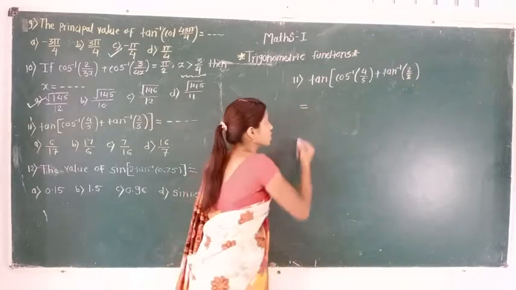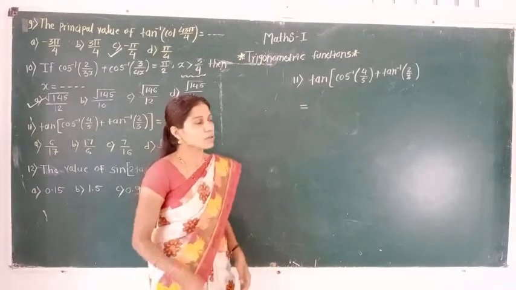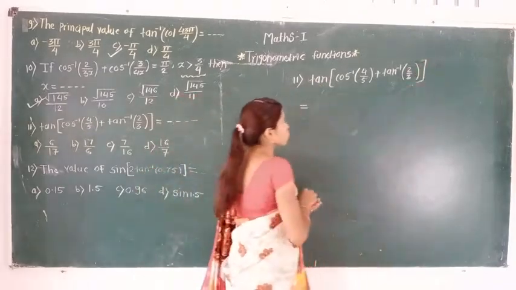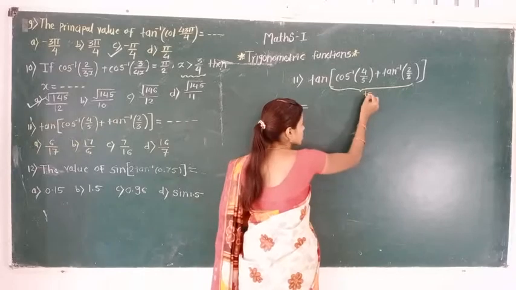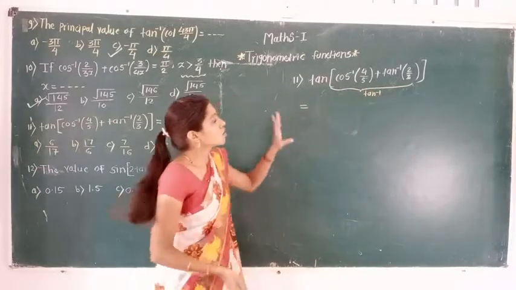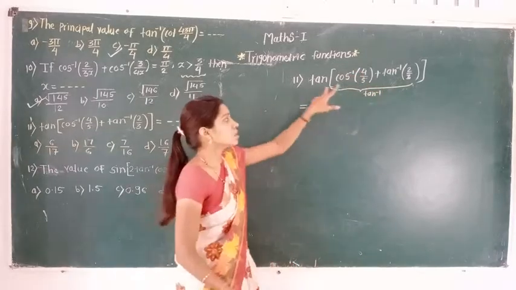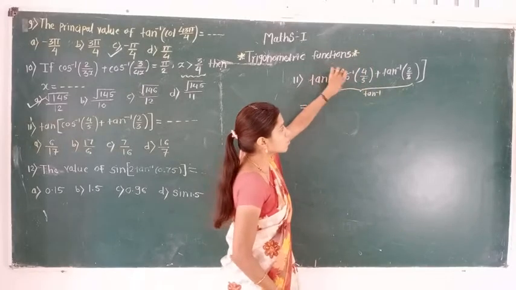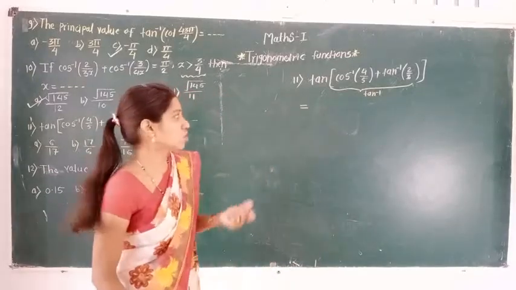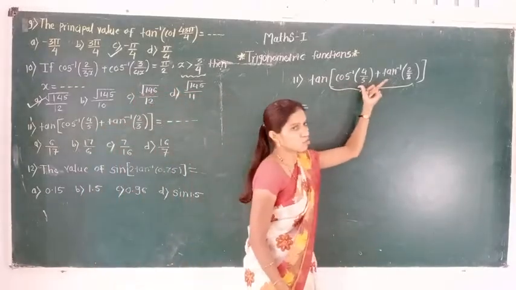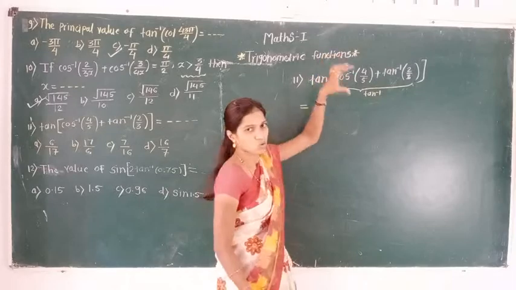Okay, so see here, we have to find the tan of the trigonometric expression. So for solving this type of question, first we transform these brackets to tan inverse. Okay, so for transforming this bracket to tan inverse, see here there are two terms. The first term is cos inverse, the second term is tan inverse, and we have the sum of these two inverse functions. So the sum of two trigonometric functions is transformed to tan inverse. First we transform this cos inverse to tan inverse.